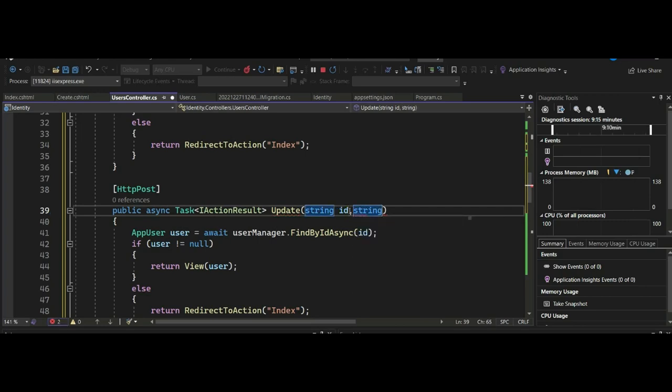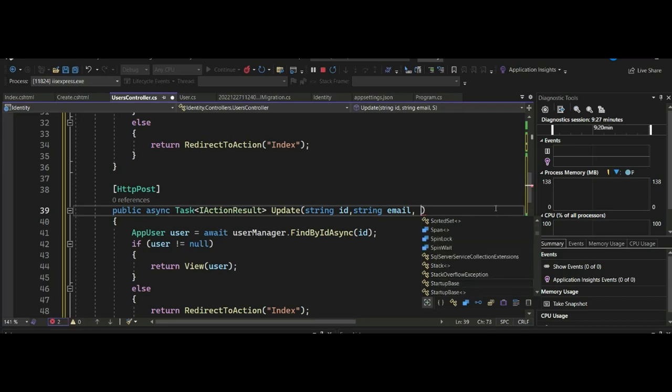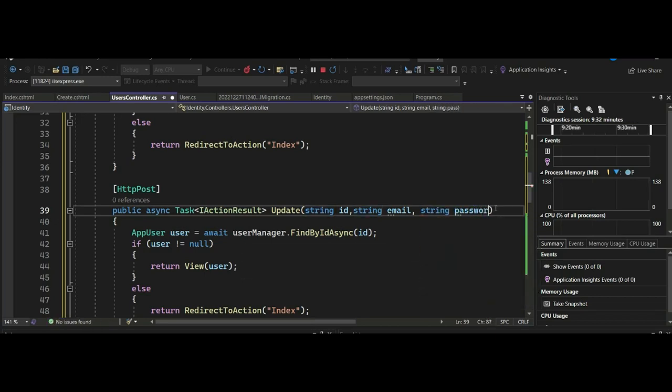We can pass the email, assuming we want to update those two, string email. We can also update the password, string password. That is it. So if we found the user already exists and it's not null, what we need to do here,